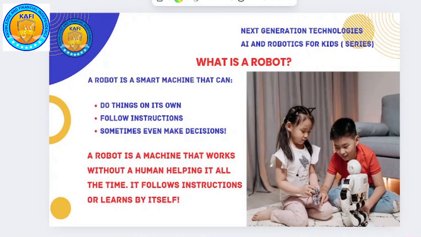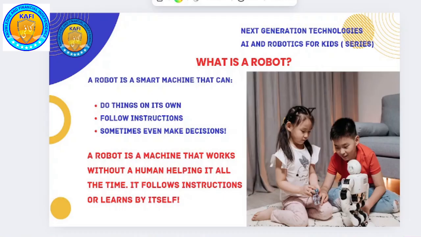So first thing was, a machine is built to help people to do hard work, to do long, lengthy works, to do dangerous works. Machines are made to help humans. So a robot is a machine too, but a simple machine has to take instructions from humans at the time when you want to operate it. But a robot can be programmed, so we put the programs one time and they do that work all the time without any human.